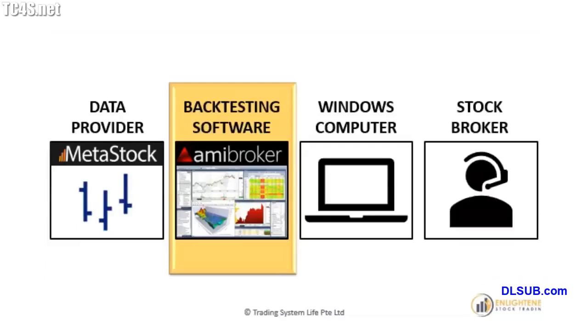The problem is that a lot of trading software will only test one stock at a time. So it'll take your rules and apply them to ABC stock and then XYZ stock, and say, well, in ABC stock you would have made X thousand dollars, in XYZ stock you would have lost $2,000. The trouble is it doesn't tell you when you combine all of those instruments into a portfolio, how does it perform? So you need backtesting software that will do that for you, because when you trade, you don't trade one